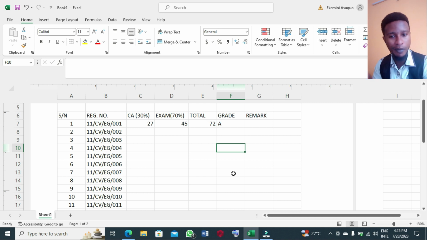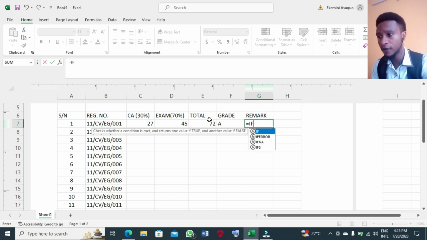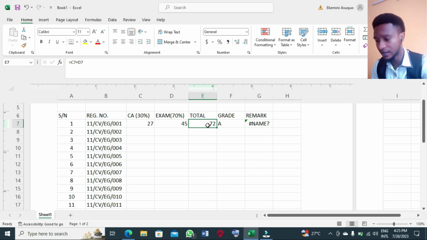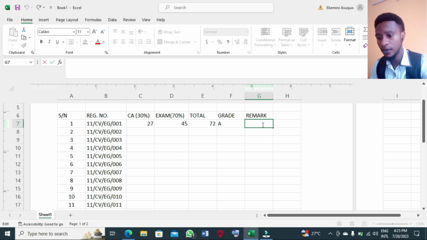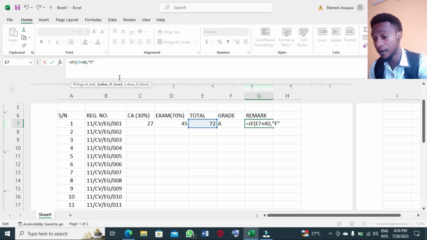So what we do under this remark is that we still use an if statement. You start by typing equal to, if the total score is less than, put in bracket, if the total score is less than 40, because my own fail is whenever it is less than 40. What are you going to do? The remark should be fail,